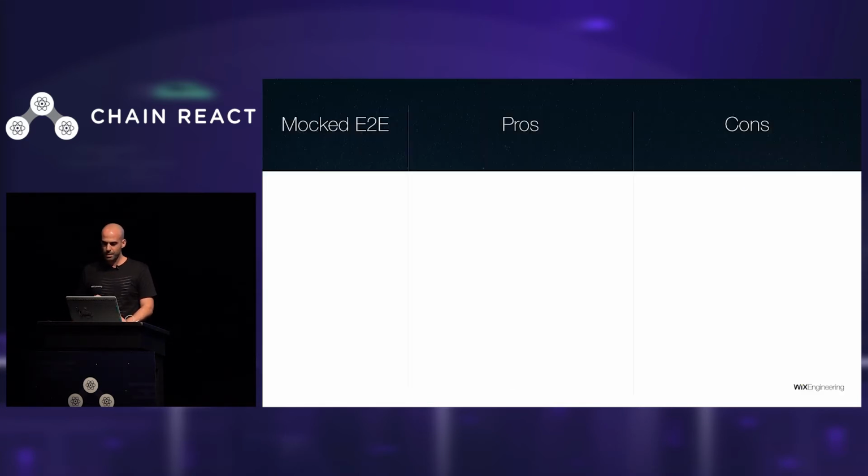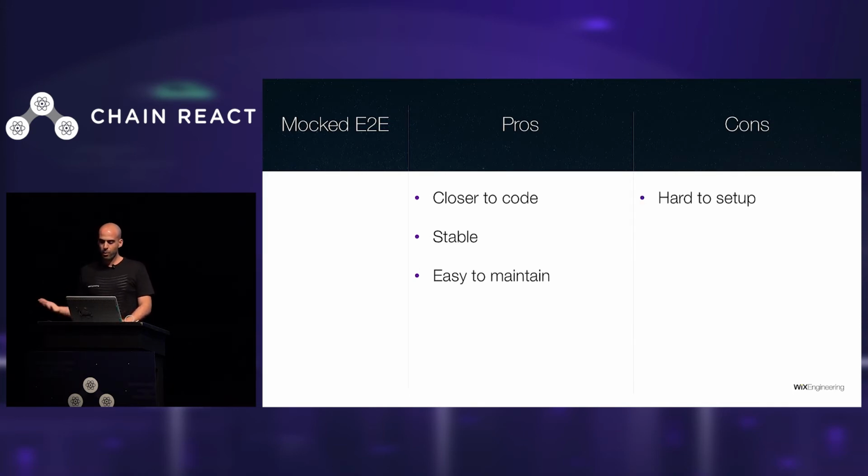OK. So the pros of mock E2E is that these are much closer to actual code, and they're much more stable because using mocked endpoints, we now have controlled and predictable environments that provide the same input on every test. They're very easy to maintain because once we write them, they should just work, unless we, of course, break things. The cons is that they require much more setup. We now have to write code, server code, and control everything that feeds the app itself. And since we have to take care of mocking and all the mock data,